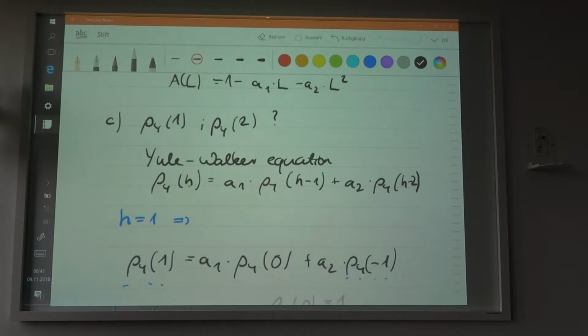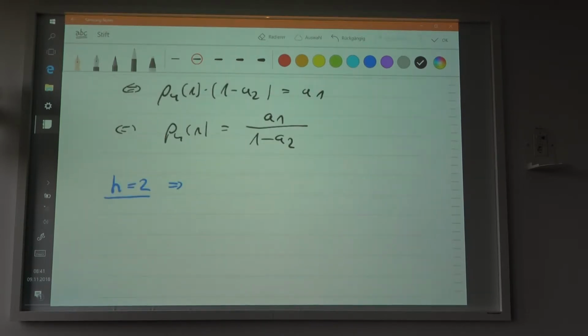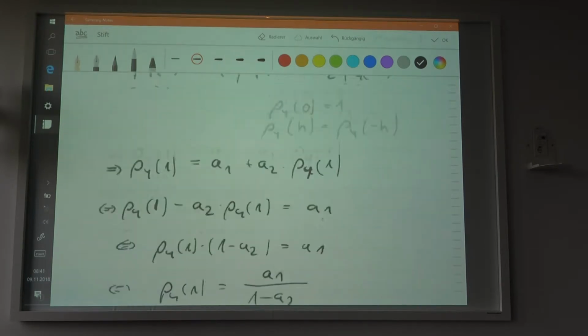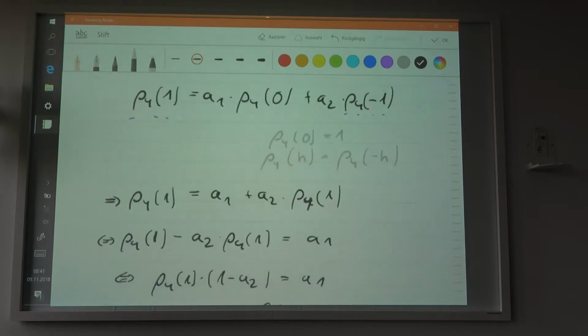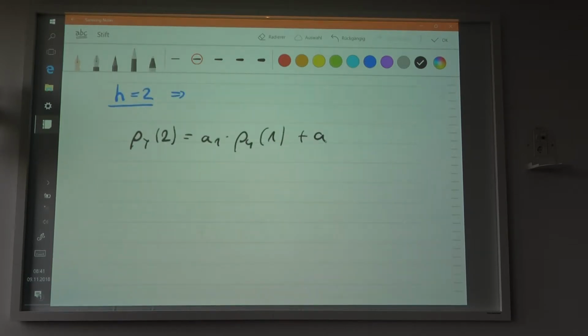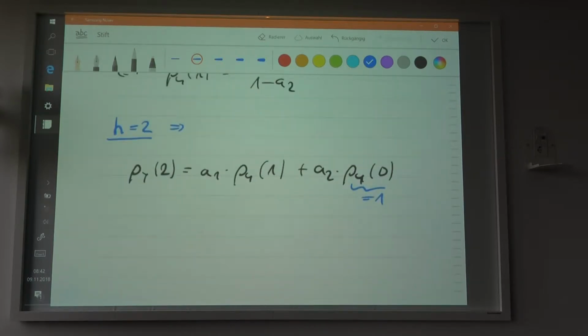from the Yule-Walker equation. So you put 2 in there, so the autocorrelation of the process at point 2 is going to be equal to a1 times the autocorrelation at point 1, obviously. So here you have h minus 1, and if h is equal to 2, then you have 1, of course, and here you're going to have 0, right? So this is going to be a2 times the autocorrelation at point 0, which is basically the autocorrelation where you have that this is equal to a1, this is equal to 1, and this is equal to what we had here.